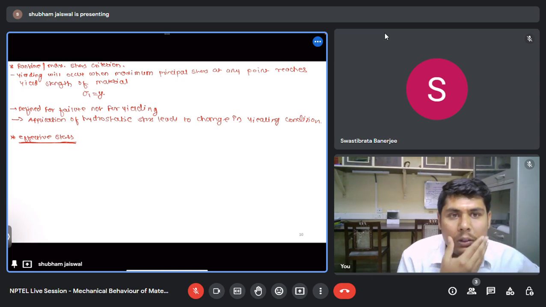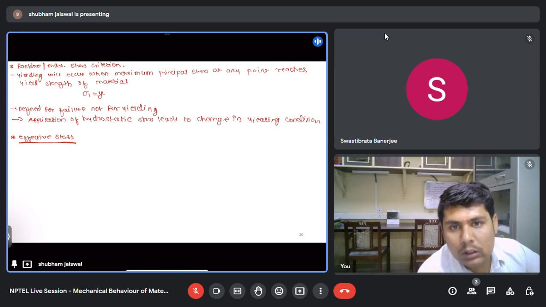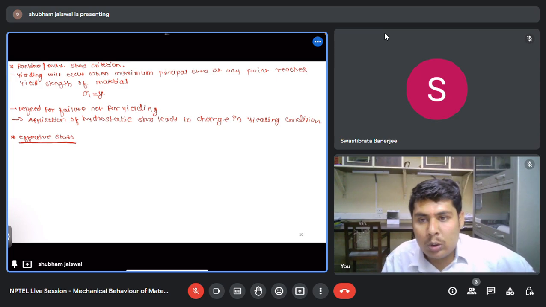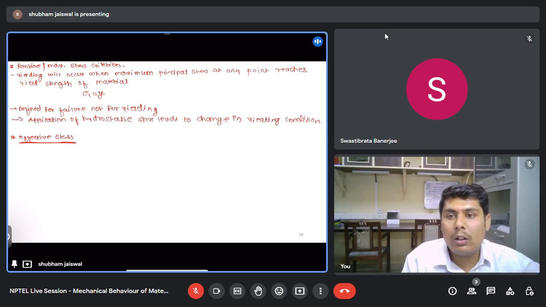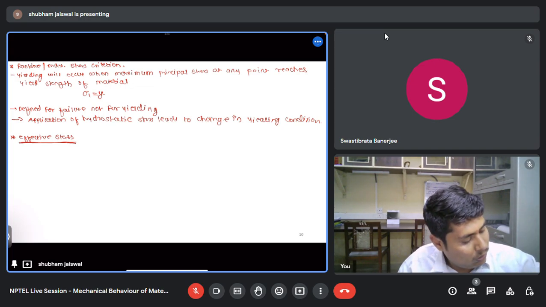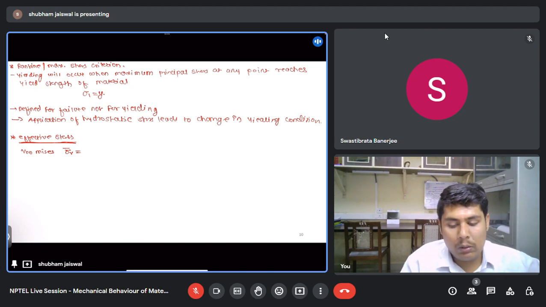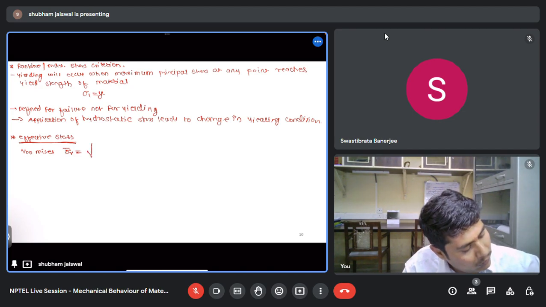But what we are defining as yield strength is for uniaxial. So we need a stress which will consider all the states of stress and will give the effective stress, that of our uniaxial stress. So the von Mises effective stress sigma bar is given by the equation